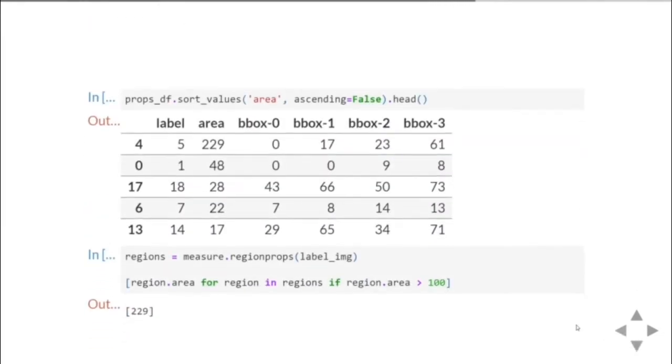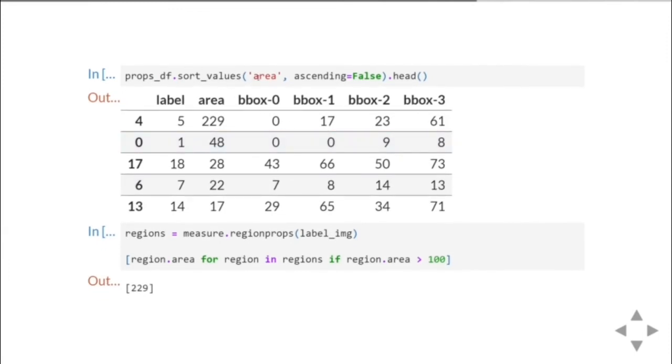So to see this more clearly, we're going to sort the area in a descending fashion, and then only show the top 5 rows of our data frame. And when we do this, we can see that there's one area that's much larger than the other areas. So what we'll do is now use